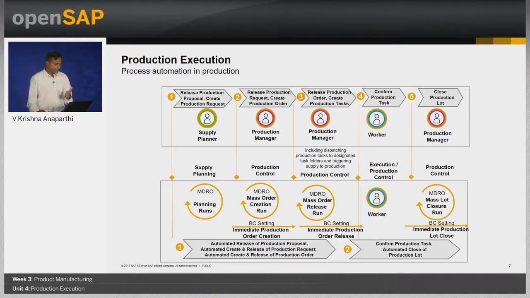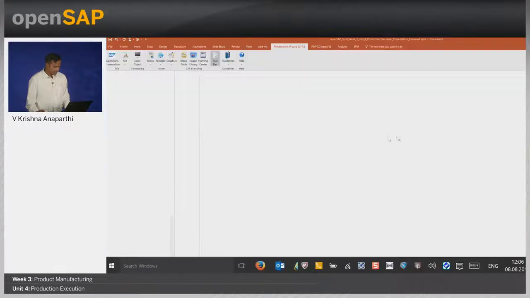There are automated runs available which will help me to create the production request from the proposals. We don't need to manually release it. And there are automated runs available to create production order from production request, and similarly automated runs available from production order to the tasks. Depending on your business requirement, you can take a call on how to release the documents. If I navigate back to the system,